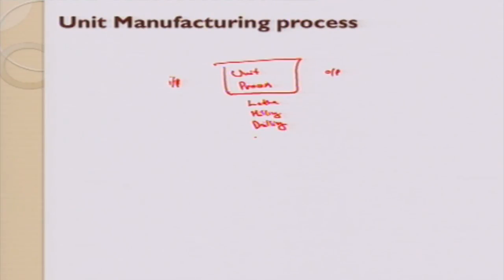So, next we have is unit manufacturing process, which is the basic element. This is unit process. So, it can also have the inputs and outputs in the same way. However, these inputs are specific to the single process only. Unit process means a single process, maybe lathe machine, maybe milling machine, maybe drilling machine, maybe some electric discharge machine, EDM.